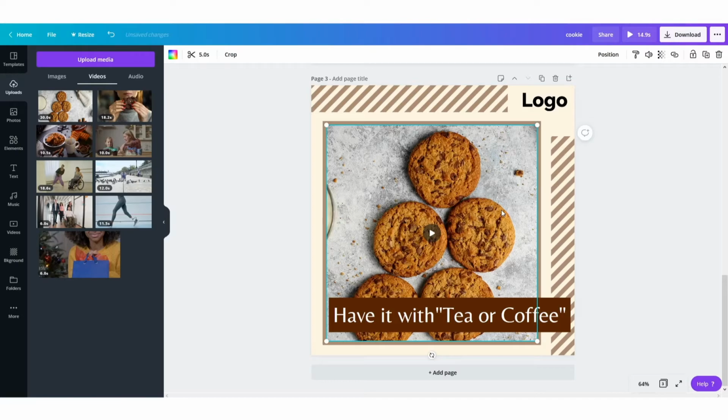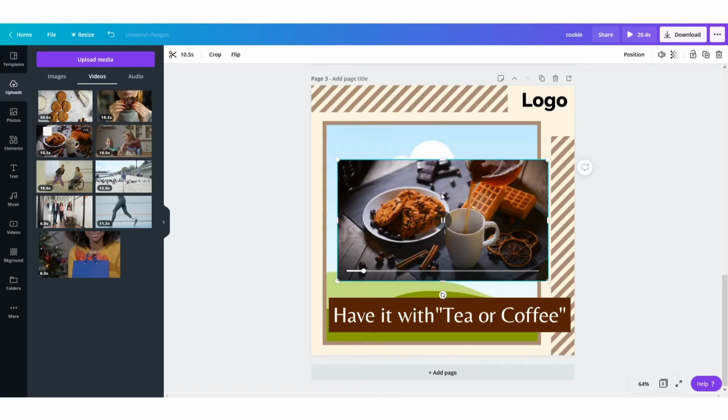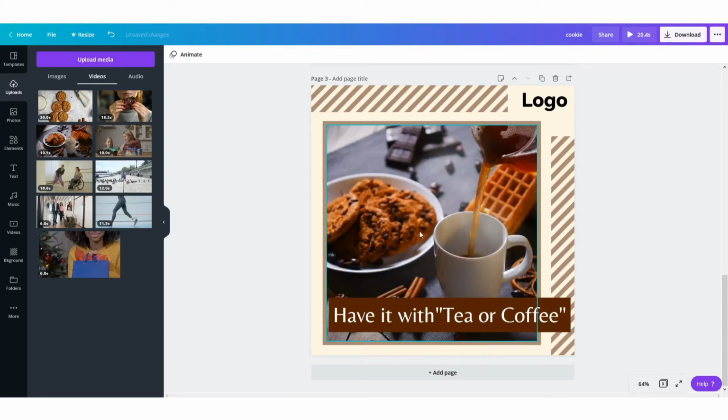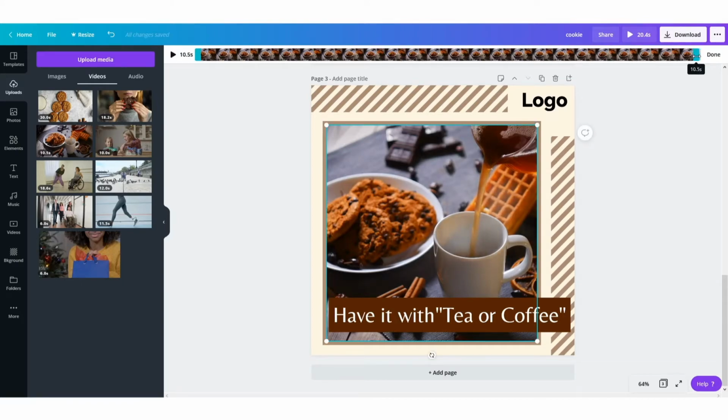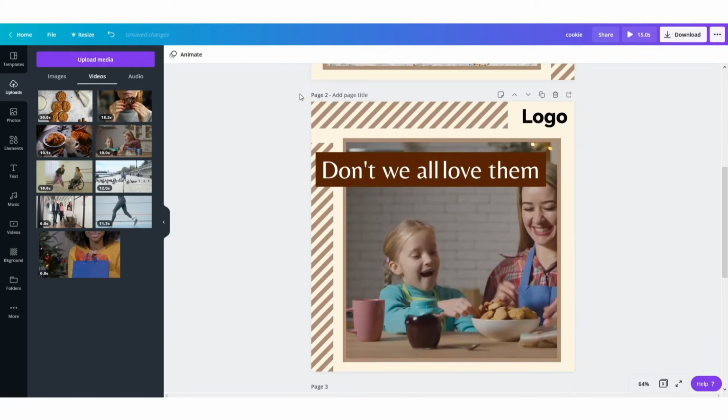Let's change the video, so delete it and then let's look at, okay, this one that suits this line properly and the framing is also good, so just select and adjust the length. Let's set it to 5 seconds, done. Right, now let's go to the second frame